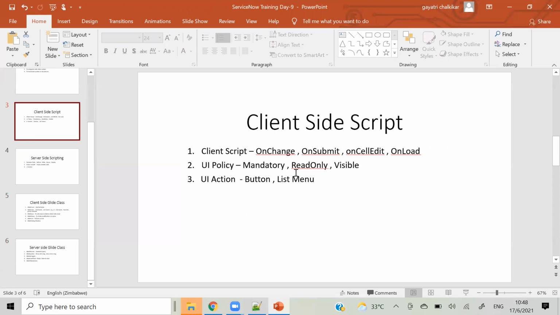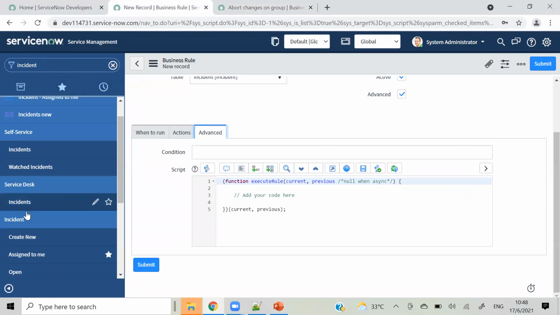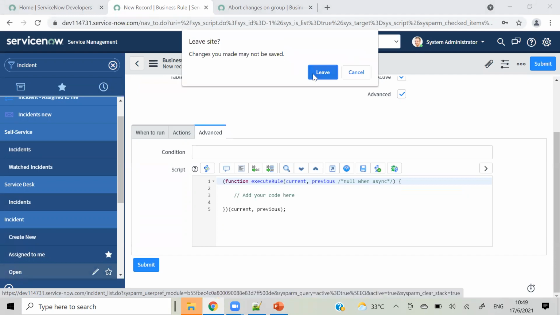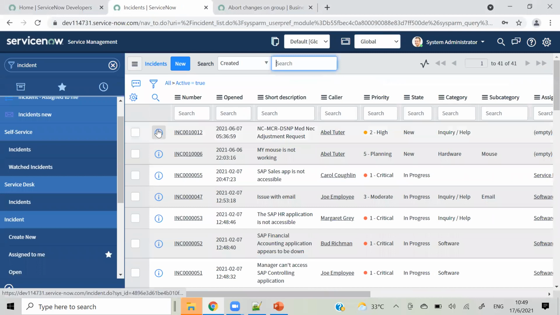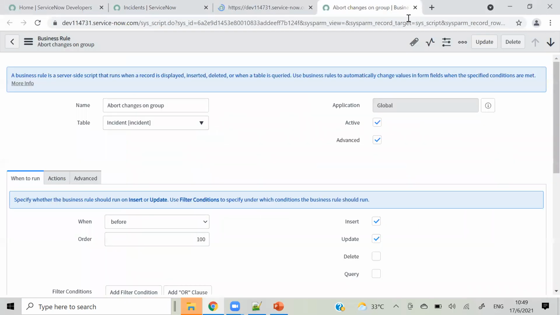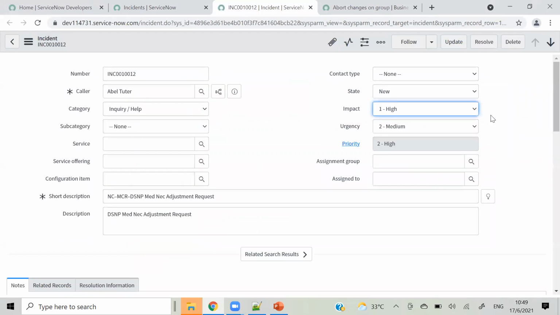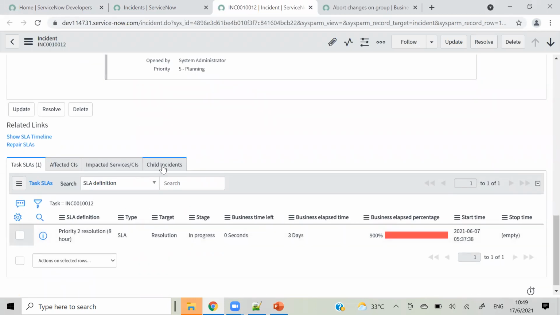Okay. So for example, on incident, I have incident and child incidents also, right? Which I told you in the first class. Let me open one thing. So this is my incident, and under incident we have child incidents.